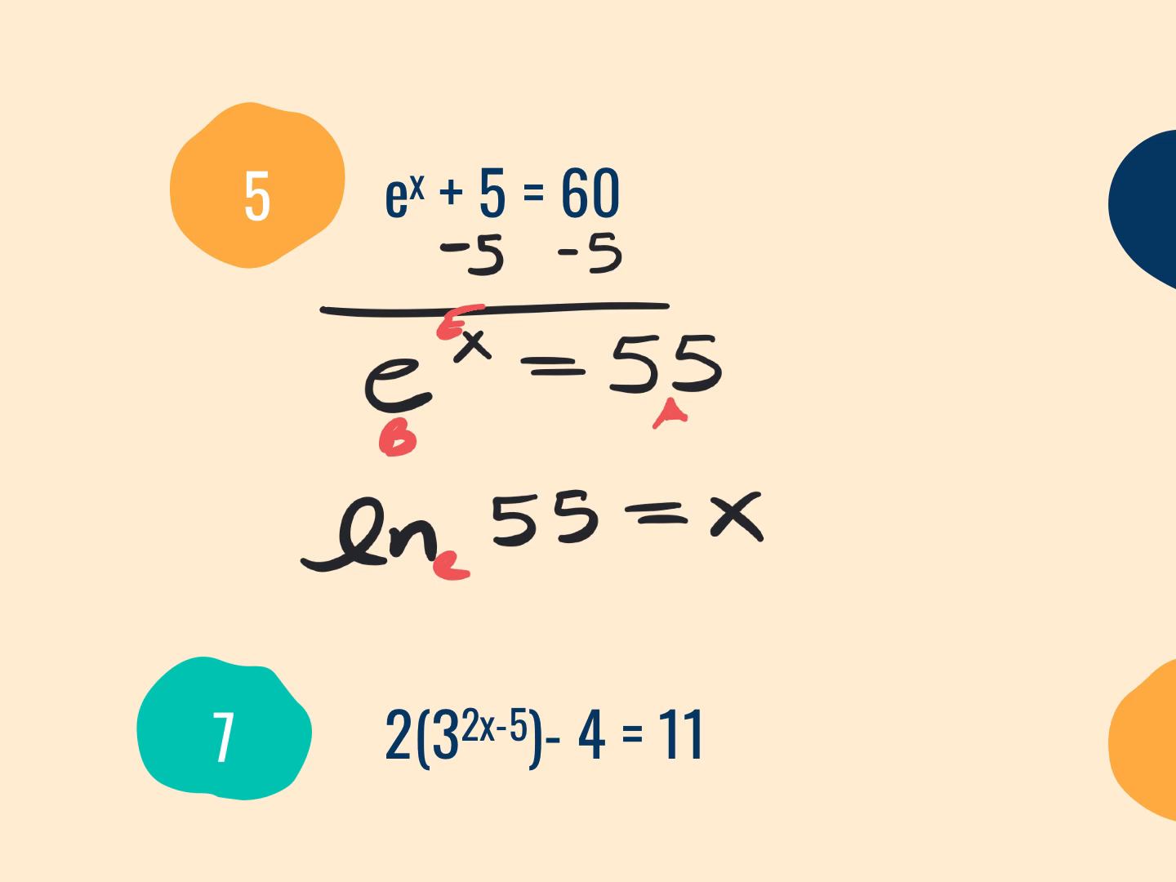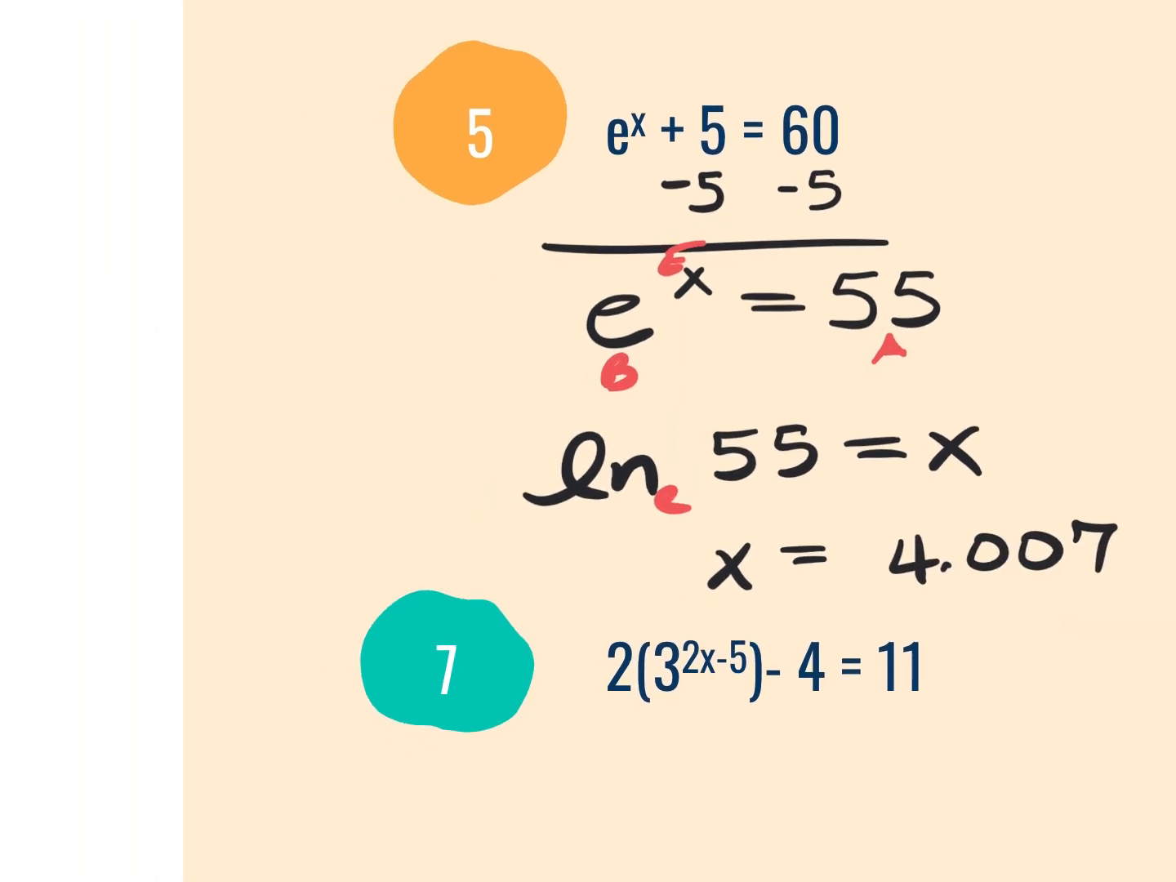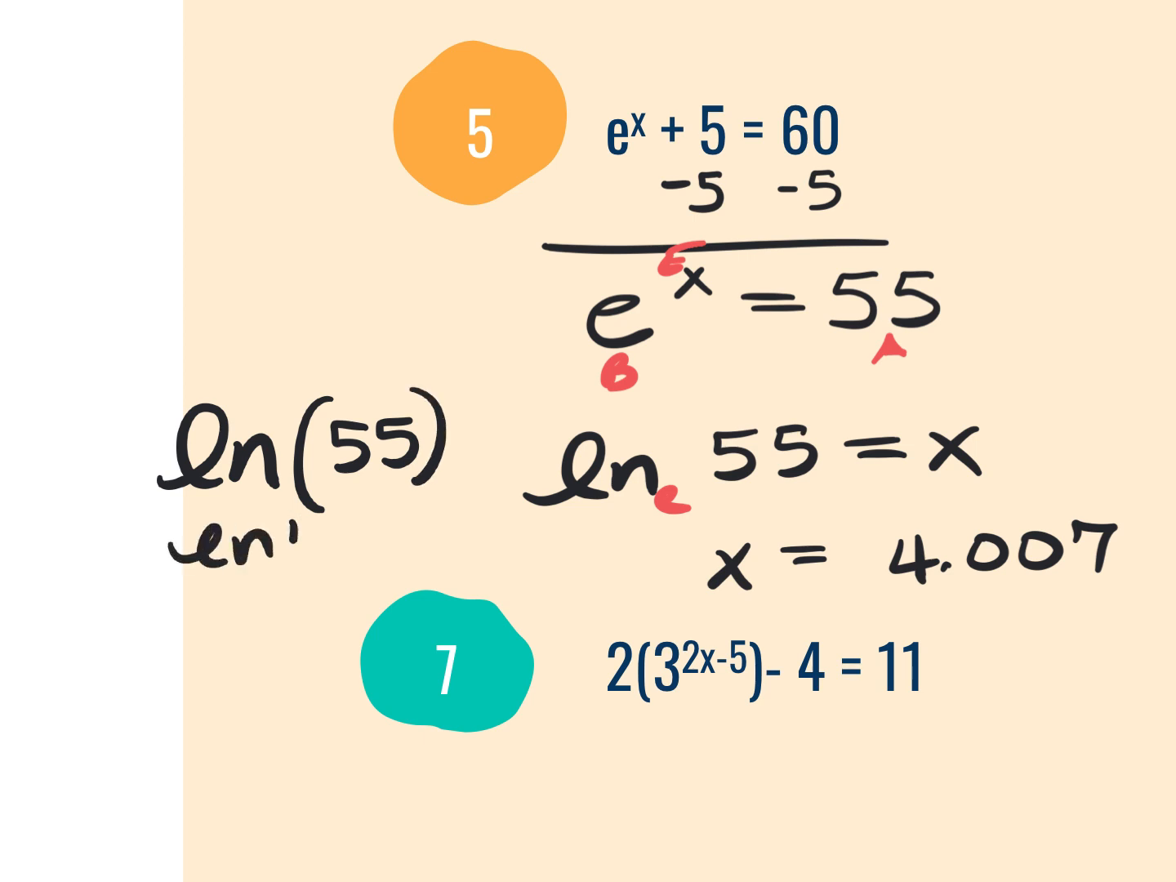So when you put it into the natural log, all you're doing is hitting the ln button. It'll open the parentheses, and then you enter 55, close the parenthesis, and hit enter. Rounded to 3 decimal places, 4.007. So again, all you're doing is touching the ln button, putting 55, closing the parenthesis, hitting enter, and then you get a crazy long decimal, rounded to 3 decimal places,